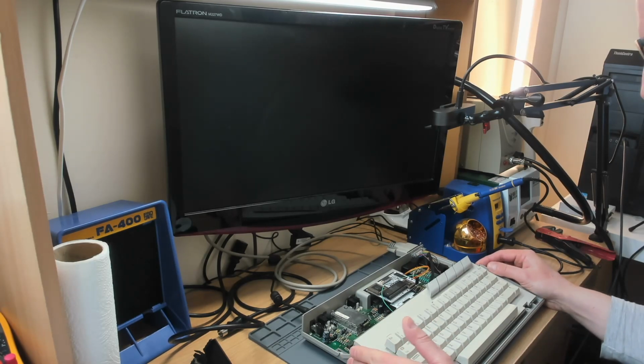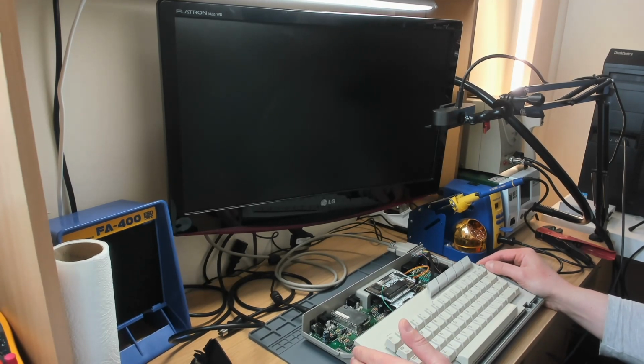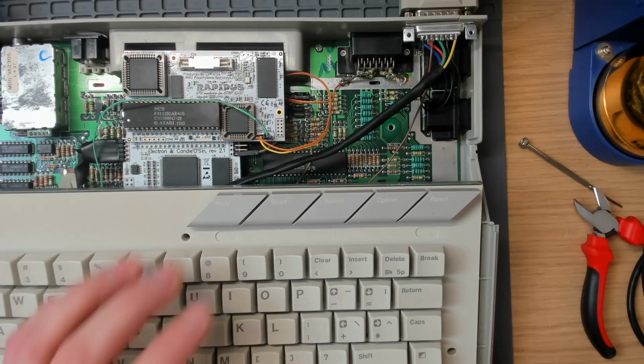Alright, it's the next morning. I had a word with the owner of this machine, and it just goes to show that illogical design decisions aren't always what they seem, and sometimes there's very good reasons things are done the way they are. So firstly, this